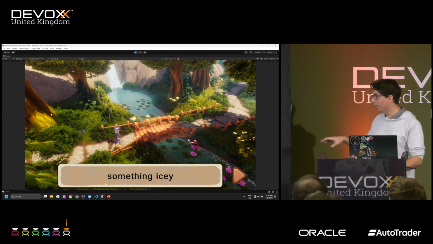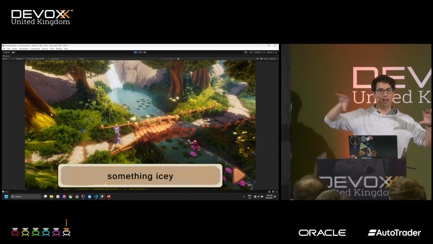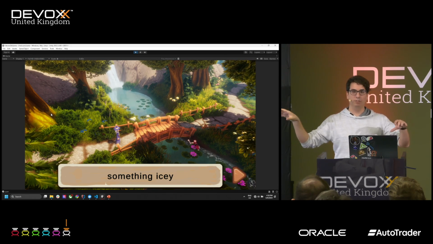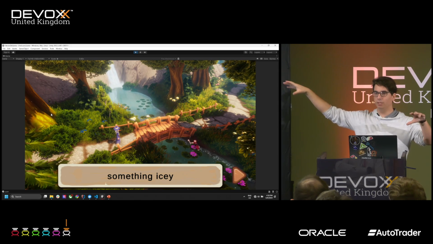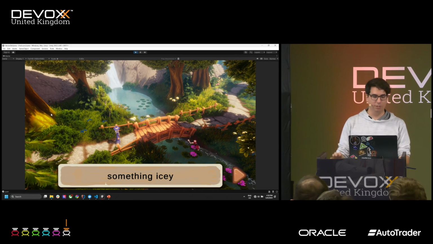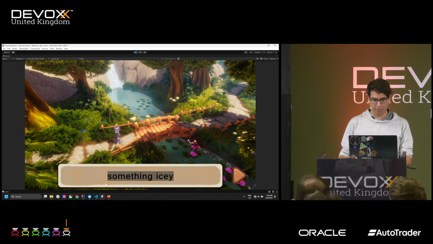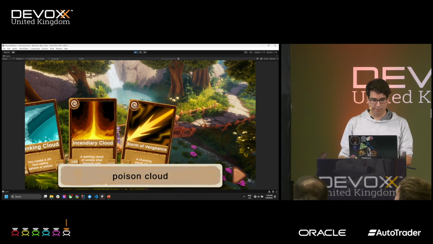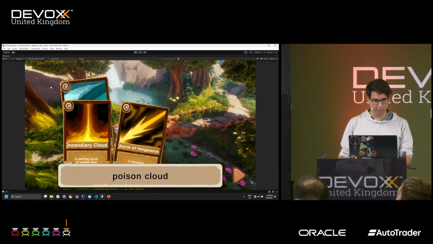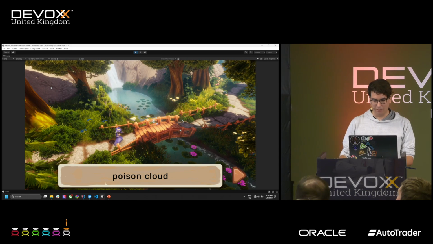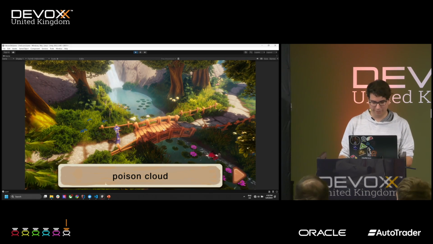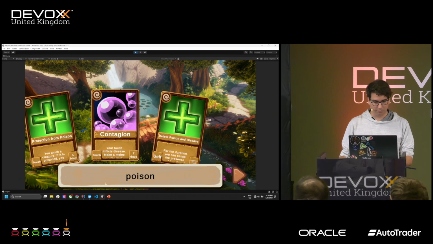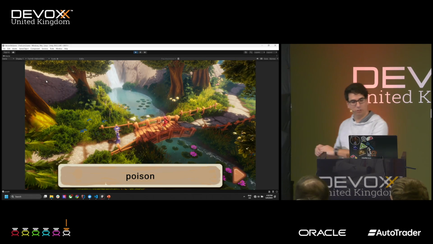What I did here is, for all the icons, I extract the average color out of an icon and then match a particle effect to the big colors, like blue, green, yellow, red, et cetera. So if I do something like poison cloud, stinking cloud, oh, it's again blue. We just had blue, right? Good memory. If I just do poison and protection from poison, you'll see it's going to be a green puddle.